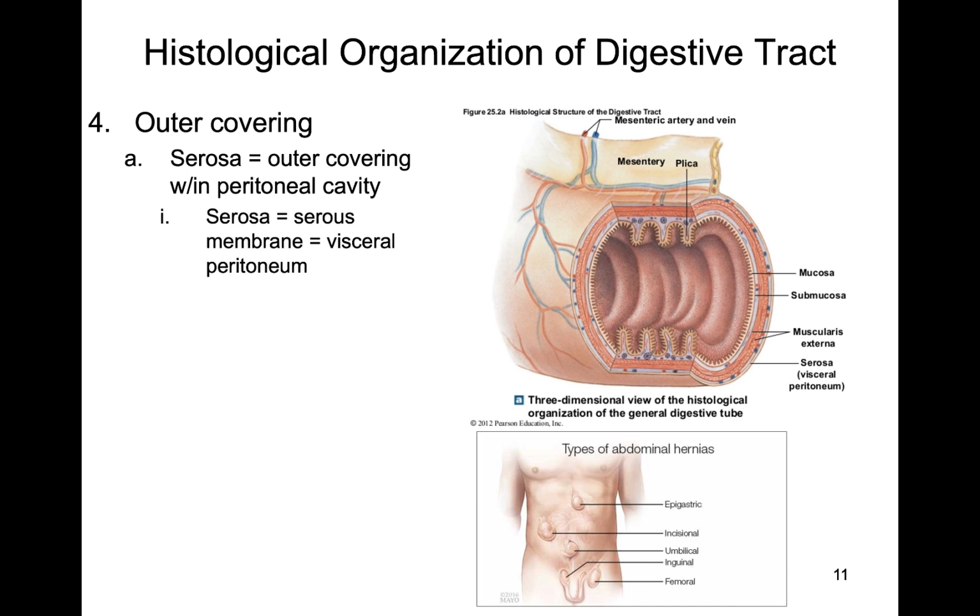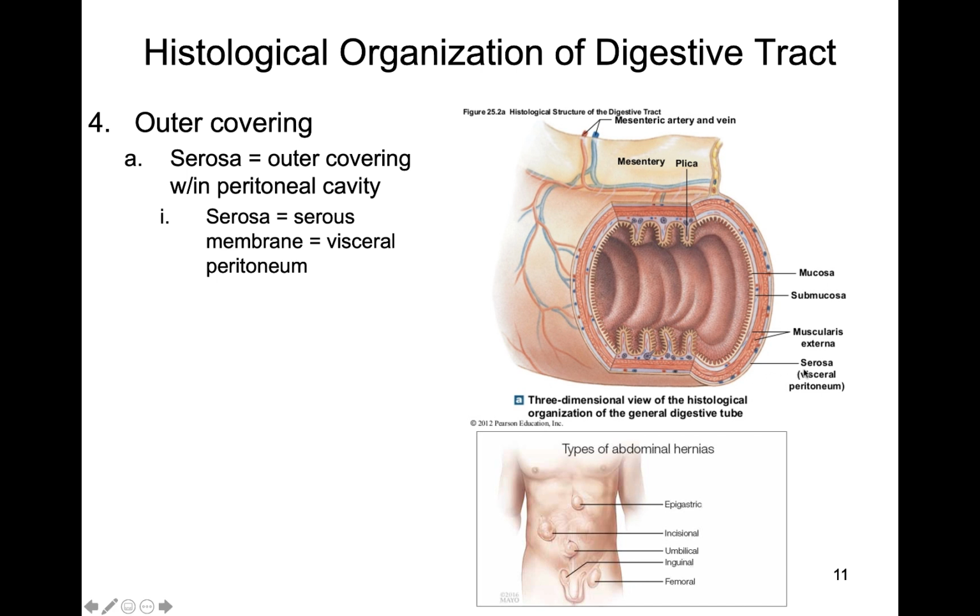It's an attachment point for soft ligaments, which will keep the GI tract anchored in place. So these things are going to move around. Your small intestine and large intestine can move around because you're not really sitting still the whole time. You can be running, you can be jumping. You're going to need these ligaments to hold the intestines in place, and that's going to be attached to serosa, which is